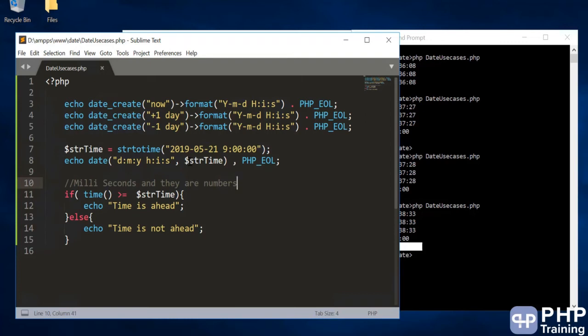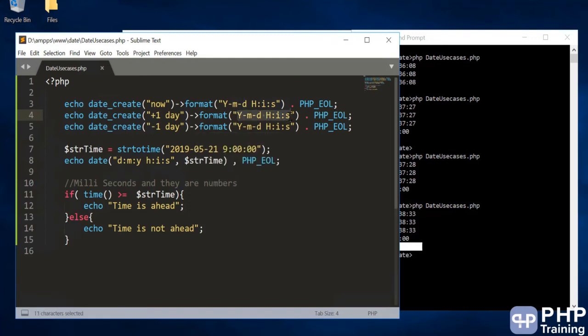So remember, some of the method that I've shown here is very commonly used. First is string to time. You can convert any date and time to milliseconds. Okay, then date is basically used to format the date. You can specify your own time. Then date create, if you just want to have +1, like your subscription end in plus 30 days, you just say plus 30. So whatever is the date, it just add up to plus 30 and then give you a nice formatting date for you.